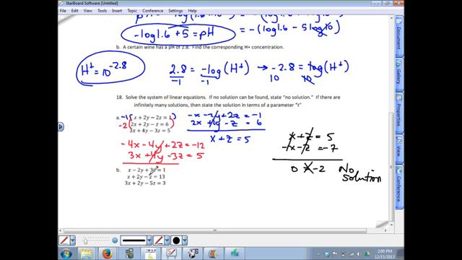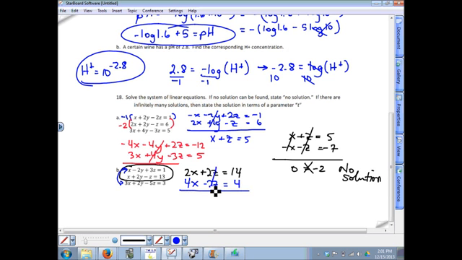Here on part B, right off the bat, if you notice with these top two equations, we already have opposite coefficients, -2y and +2y. So if we just take these two equations here and add them together, we're going to get 2x, the y's would cancel, plus 2z, and that's equal to 14. And if we take the top and the bottom equation, we also have opposite coefficients, -2y and +2y. So if those are added together, we get 4x minus 2z